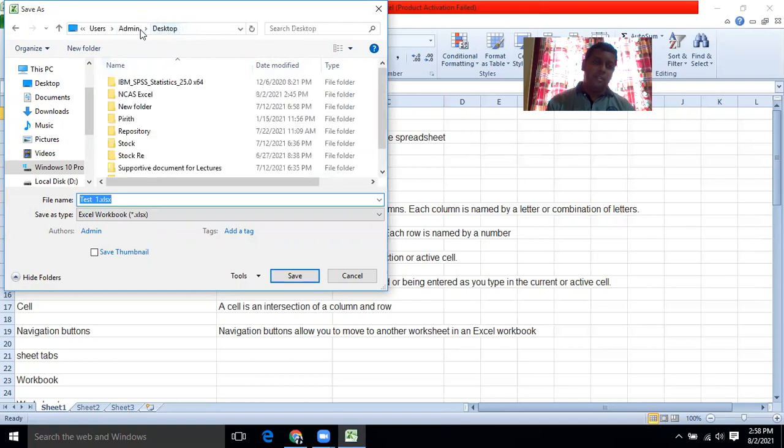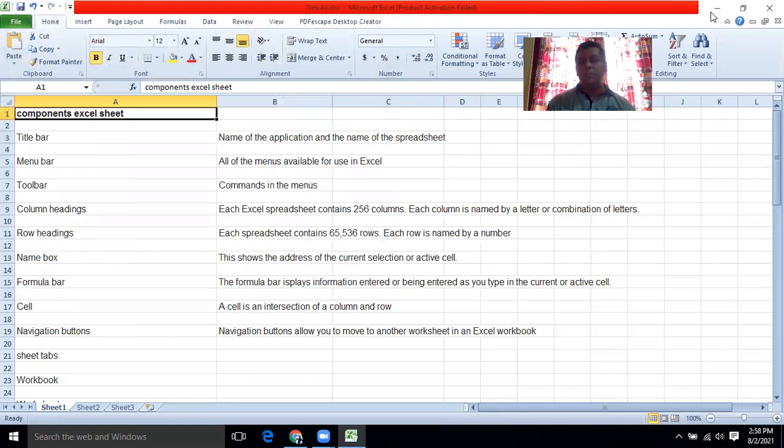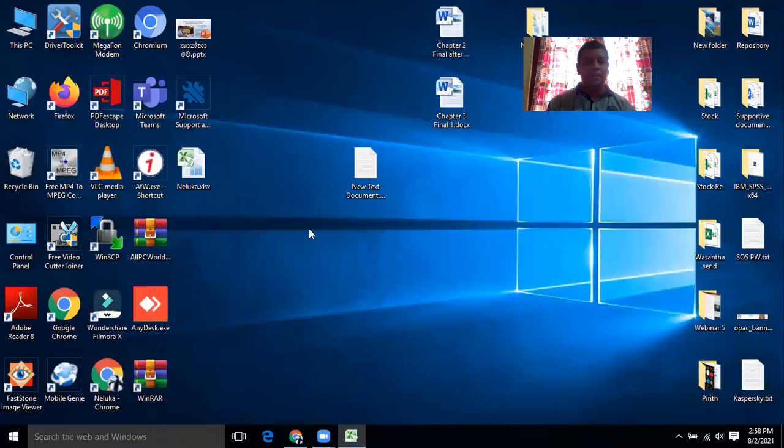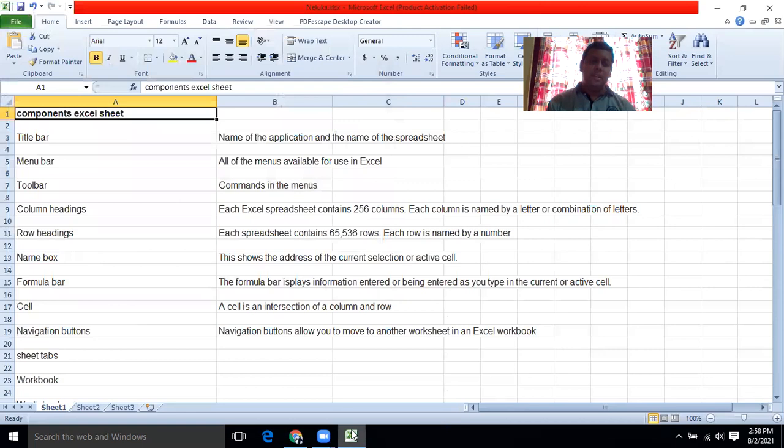I am selecting desktop, and I will change the name and type this Neluka, and then click save. Now if you minimize this and check your desktop, you can see an Excel file in the desktop named Neluka, right? Similarly,